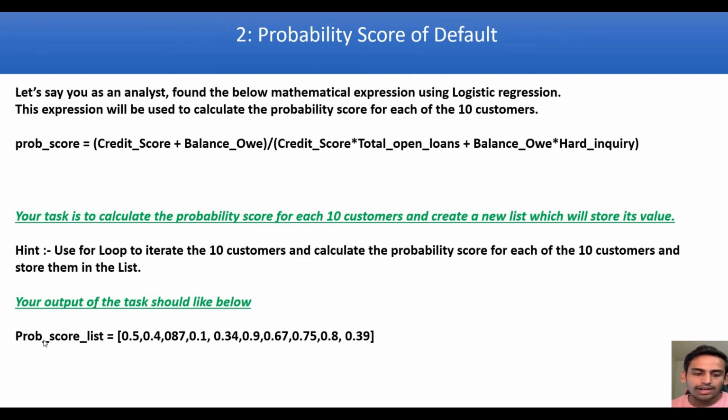So let's say you have created a new list, the 6th list, called prop_score_list, and inside the list you have stored all the 10 probability scores of the customers. For example, 0.5 is the probability score for the first customer, 0.4 is the probability score for the next customer. In this way you will create a 6th list which will store the probability scores, and these probability scores will be calculated based on this equation,